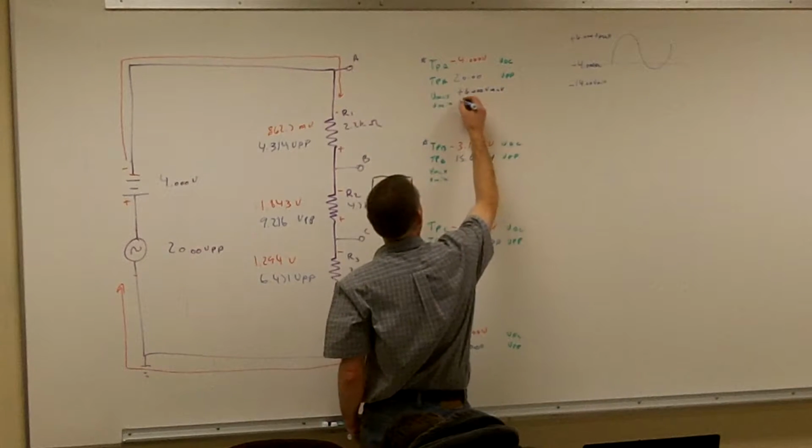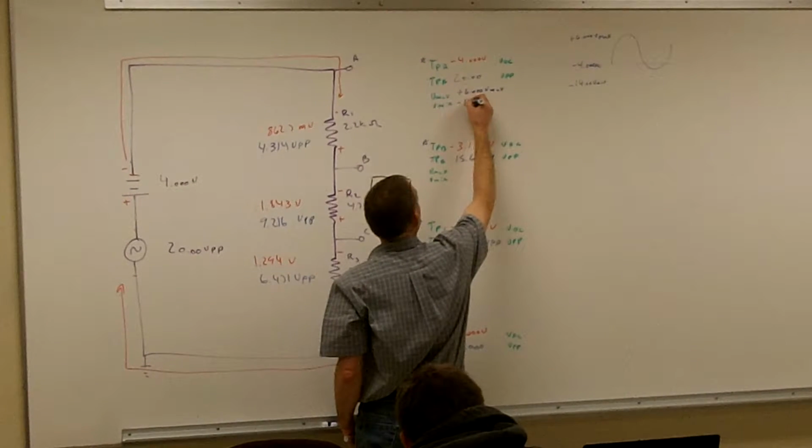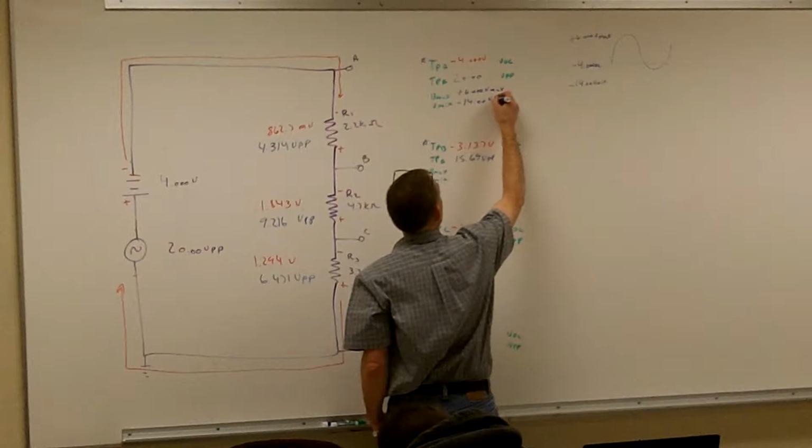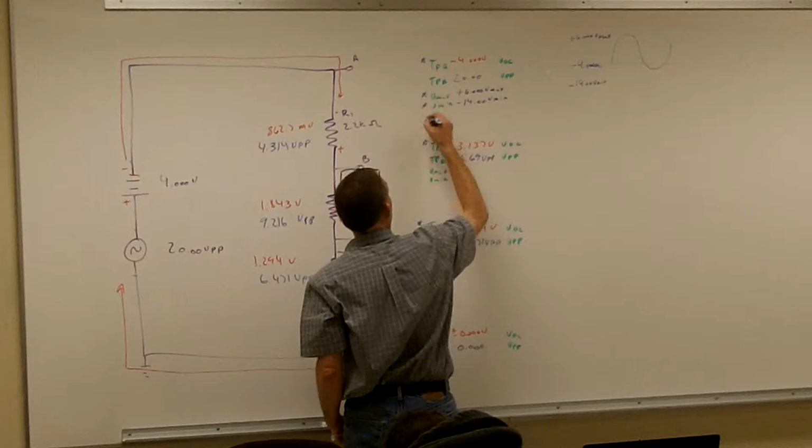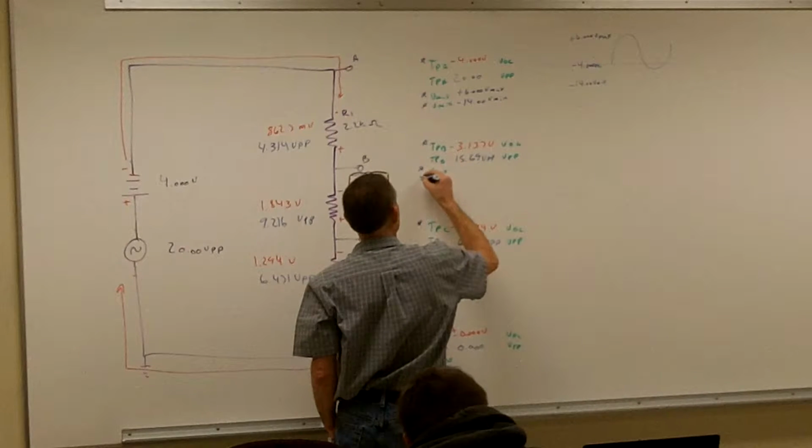And the units is V max. And then I'm going to go down to a negative 14 volts, V min. And those also require polarities. How did you get the negative